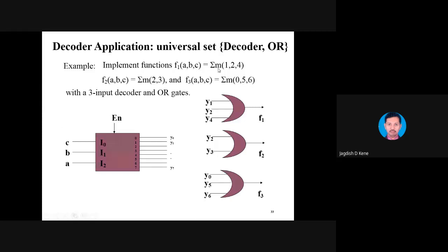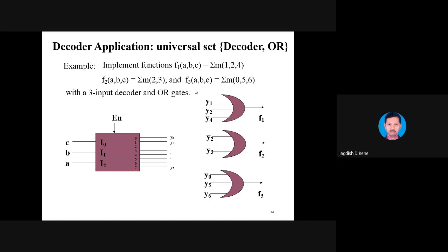Let us take the example F1(A, B, C) equal to summation of minterms 1 to 4. For that, there are 8 different combinations, so we need to generate 8 outputs, and since we are generating 8 outputs, we need to connect 3 inputs.